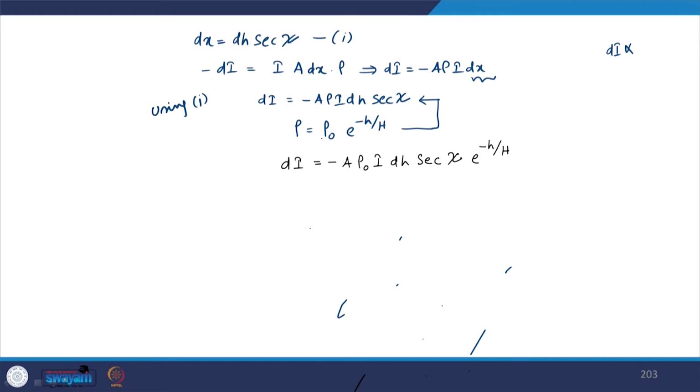What is dI? dI is the rate at which the intensity decreases from the top. How does it depend? It depends on the area or the volume that it encounters and the density, which is a representative of the number of atoms which are present in that volume, right? And the incident intensity itself, right? So this is just the Beer-Lambert's law, right? So now we have got the rate at which the intensity decreases in terms of angle as well, right? Now let's integrate this equation.